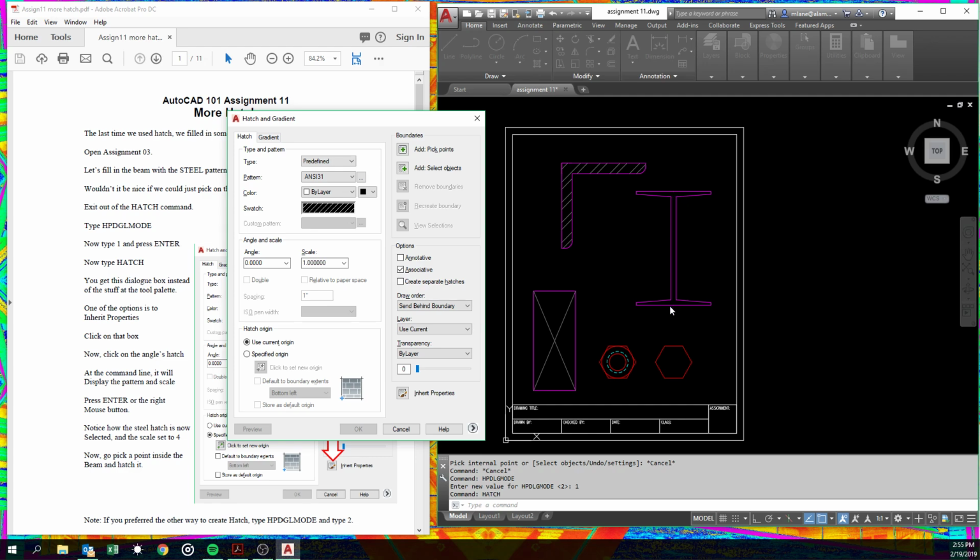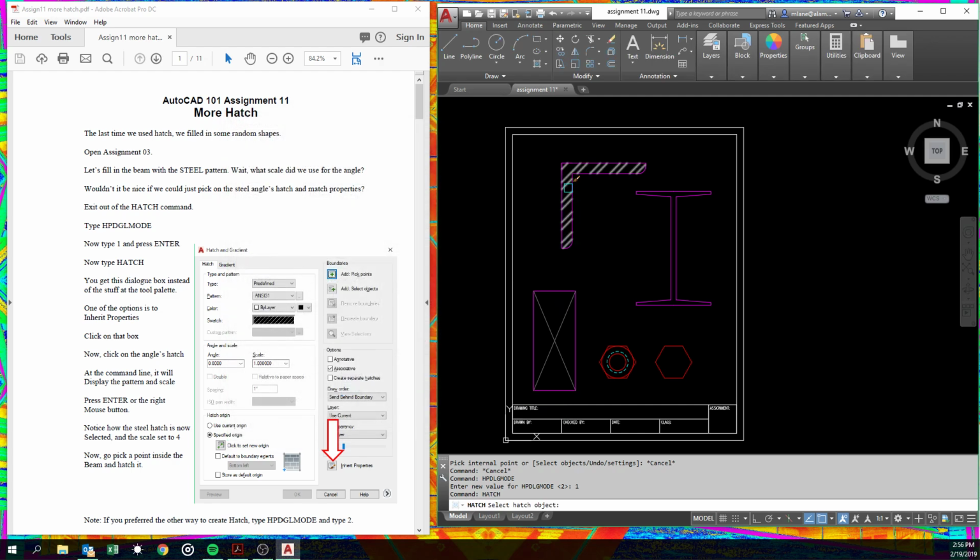Go ahead and open your assignment 3, save as assignment 11. See, I've already done that. And without looking at the assignment 3 handout, I don't remember what this hatch was. Well, that's the nice thing right here. We've got this inherit properties. So if we click on that